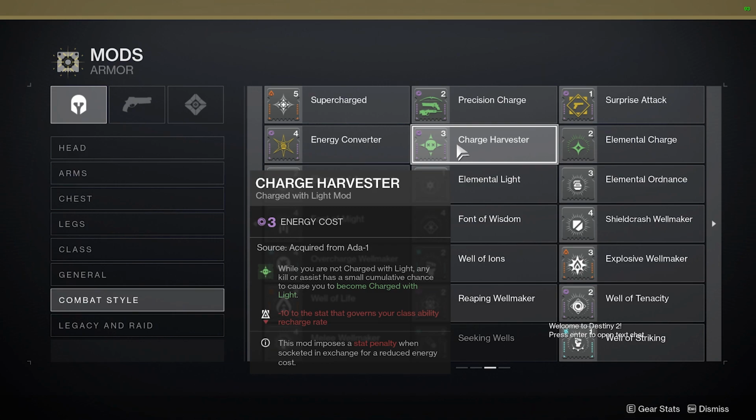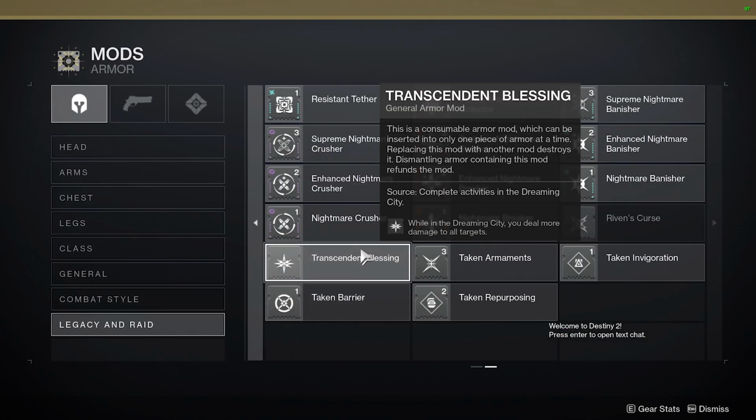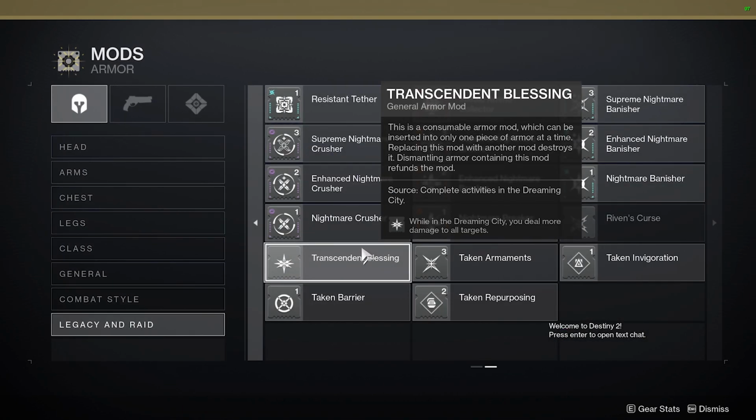Ada's been selling this a couple of times lately, and it's definitely worth getting. I know I already made a video on it, but I'm definitely begging you guys to check this thing out. It's so great. And then one last mod that should be taken into consideration is Transcendent Blessing, which you can